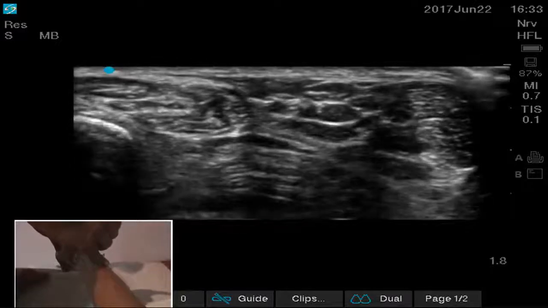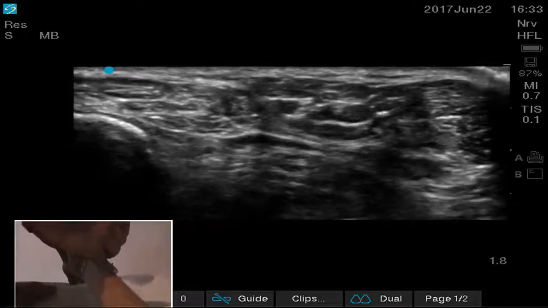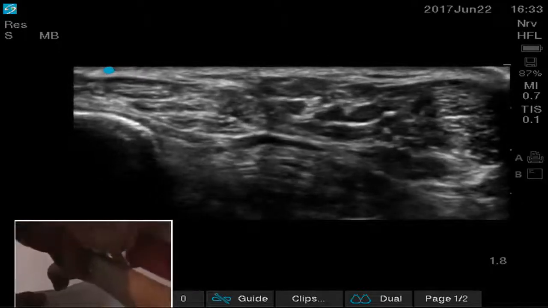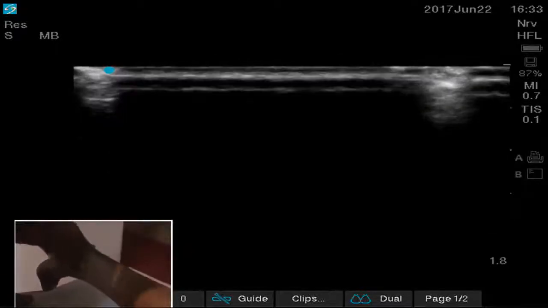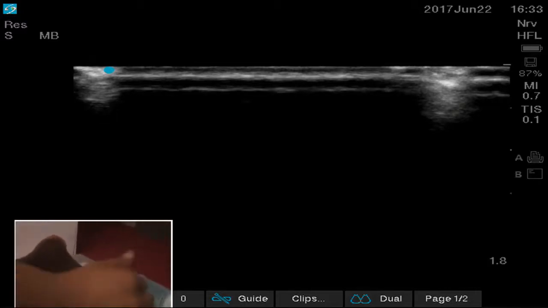Yeah, so just behind that target is the sural nerve, which is situated just superior and lateral to the short saphenous vein. This is one nerve, and then anteriorly when you go,